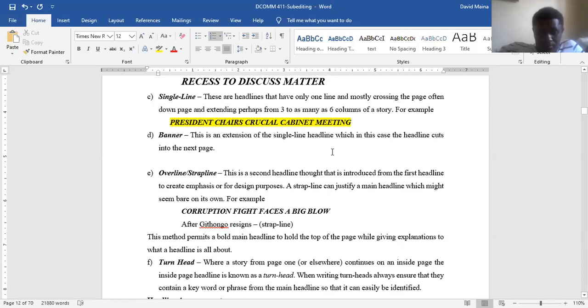Sijui kama umewahi kuona kitu kama hiyo. Like for example, I don't know how I can put it in a book form. There is usually a headline that starts from one page, alafu inaenda mpaka page nyingine. Oh, I've seen it, like in those